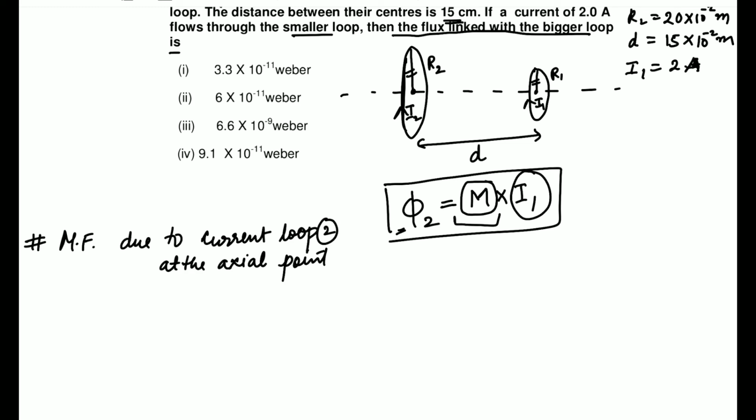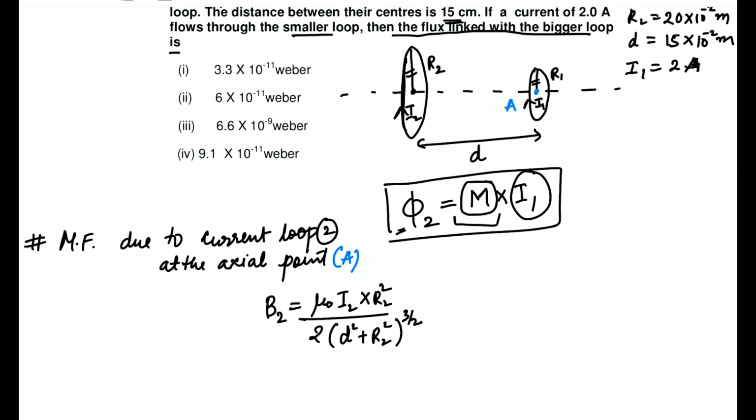Let me just simply say some point. Let's say this is some point A, at the axial point A, right? Okay, great. So that will be, let me call it magnetic field 2. That will be equal to mu naught times I2, the current flowing through your second loop, multiplied by the radius squared, divided by 2 times the distance here. The distance is (d squared plus the radius 2 squared) to the power 3/2.